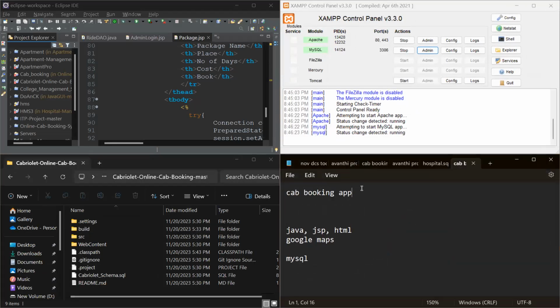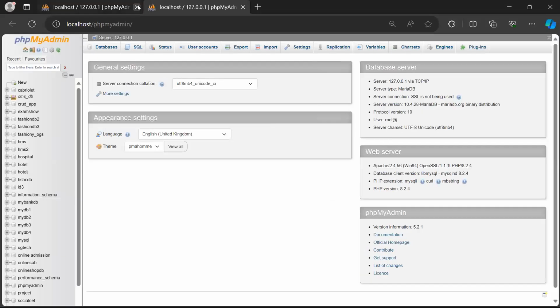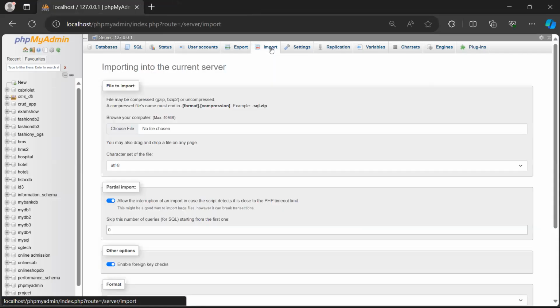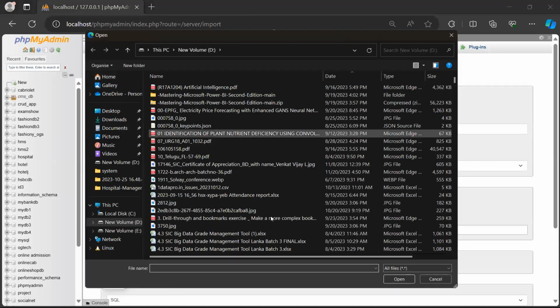Okay, guys. So the first things first. We have XAMPP for MySQL operations. Start Apache, start MySQL, and then MySQL admin. That will launch phpMyAdmin, which is the web client for MySQL. So the first thing we got to do here is import the database. So go to import, choose file, and then